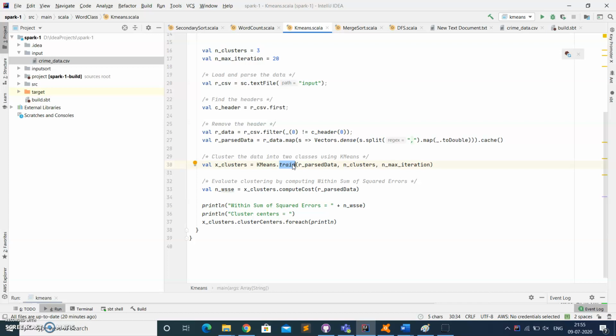So the final objective is that we'll be displaying the WCSS score as well as the cluster centers, the final cluster centroids. We are going to display it. So let's run this program, and the configuration is already set to k-means. Let's take a look.